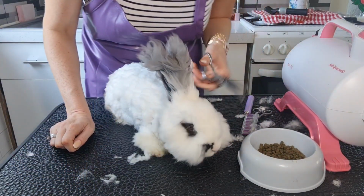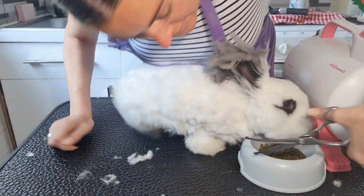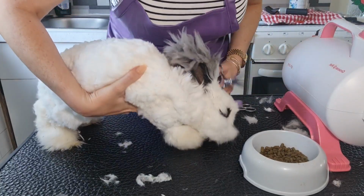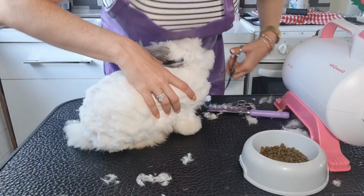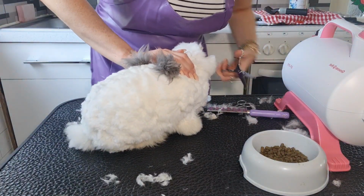But you kind of want to go around with the face. So I can see there's a little bit out of place here, which I'm going to get. It's probably going to go in his food dish. Sorry, Betty. Can we bring you back here, darling? No, don't try and nibble me. I'm going to have to let him come this way, I'm afraid, because...